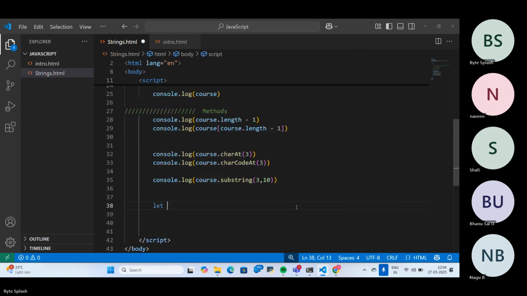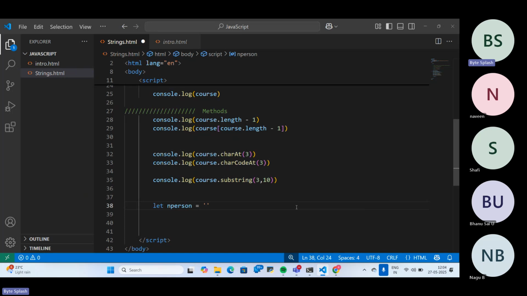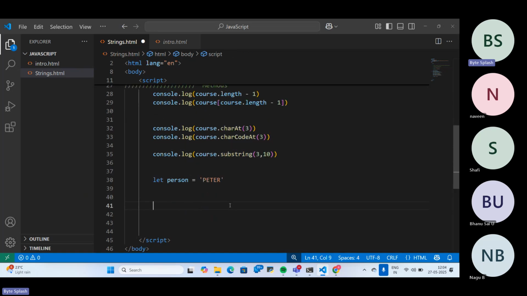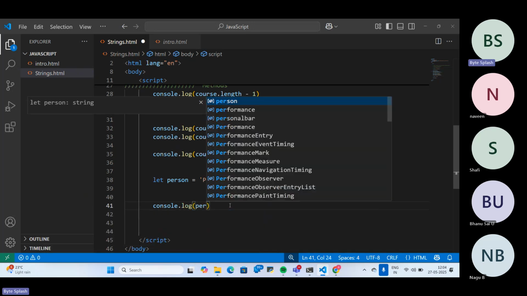Okay. So then again, I'm going to take one more string. Let person is equal to, so I'm passing here Peter. We'll just pass all capital letters, PETER. So now if I need to convert these respective characters into lowercase, at that time, person dot